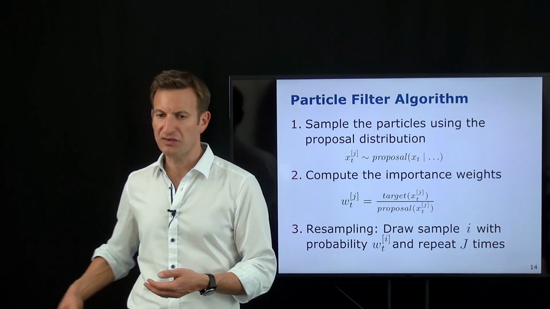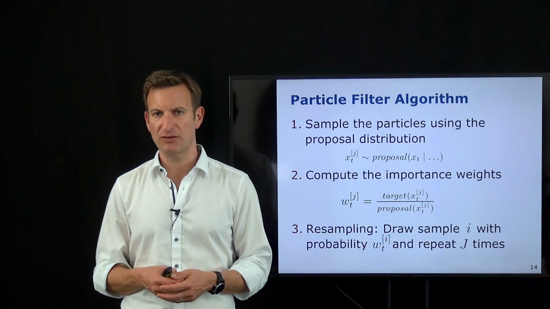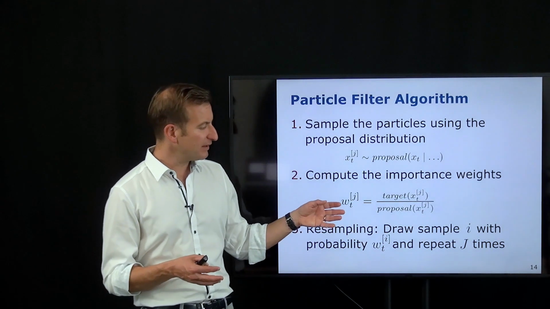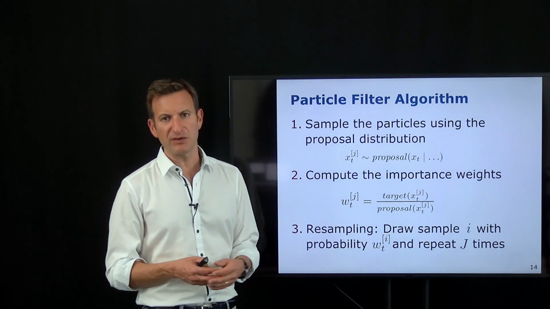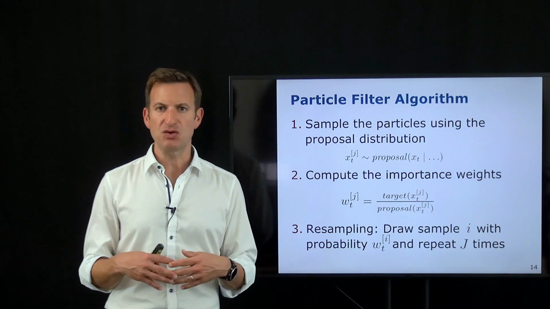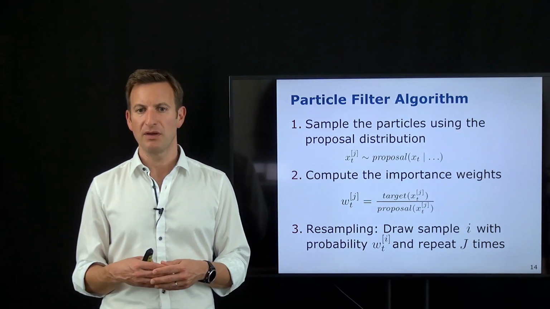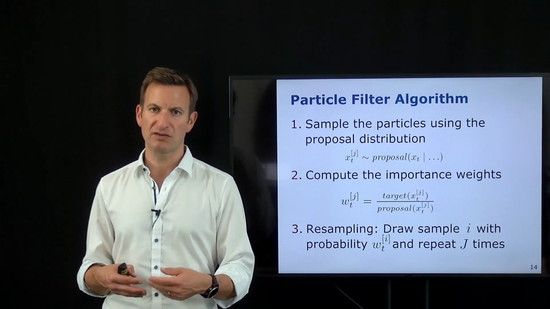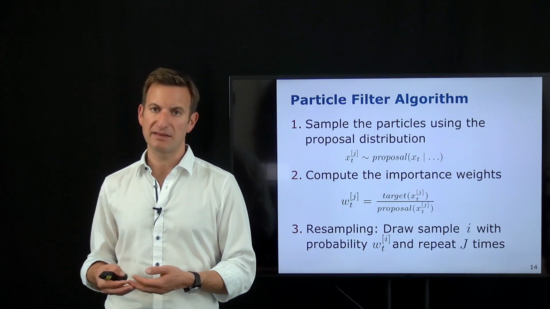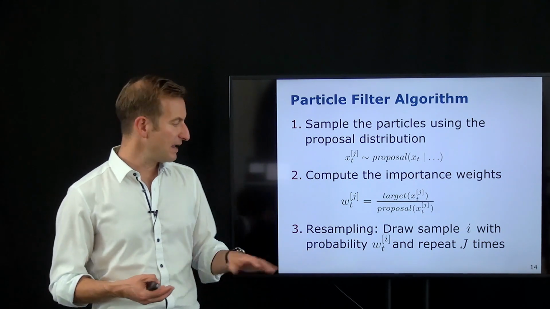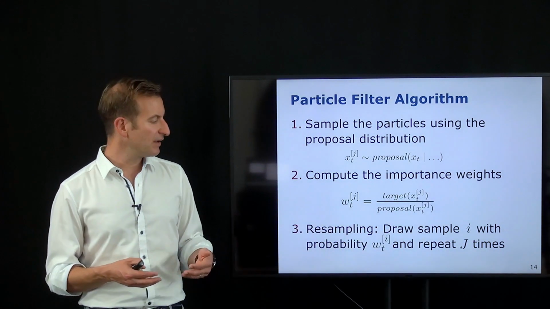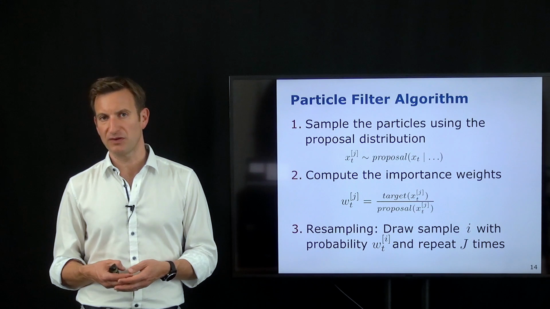And the weights in this resampled bucket we all set to 1 divided by J, so they all have uniform weights. So what we are doing here is basically replacing weights by frequencies. We're taking the weighted samples and turning them into uniformly weighted samples, by having a higher probability of drawing samples with a higher weight, and in this way replicating them, duplicating them. And this generates a new sample set which still represents the same distribution, but replaces the weights by frequencies.